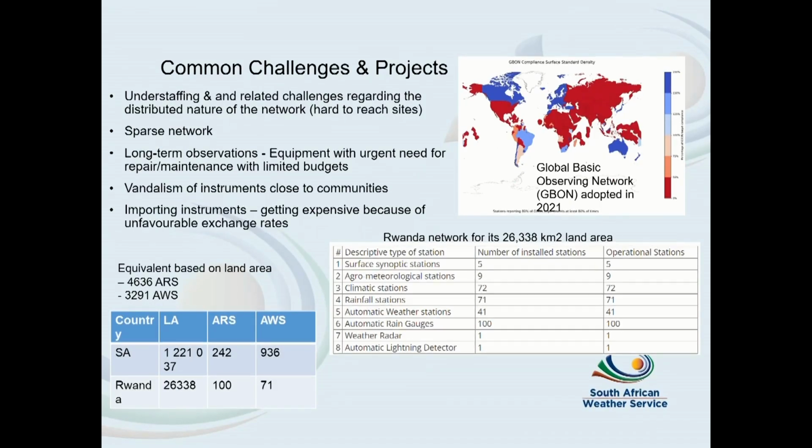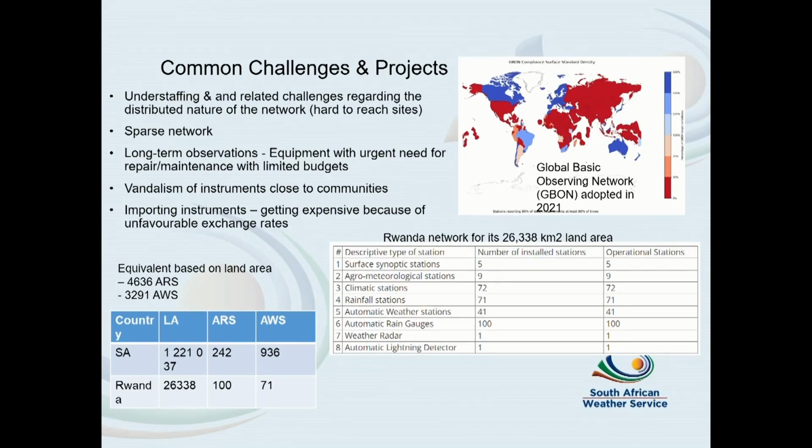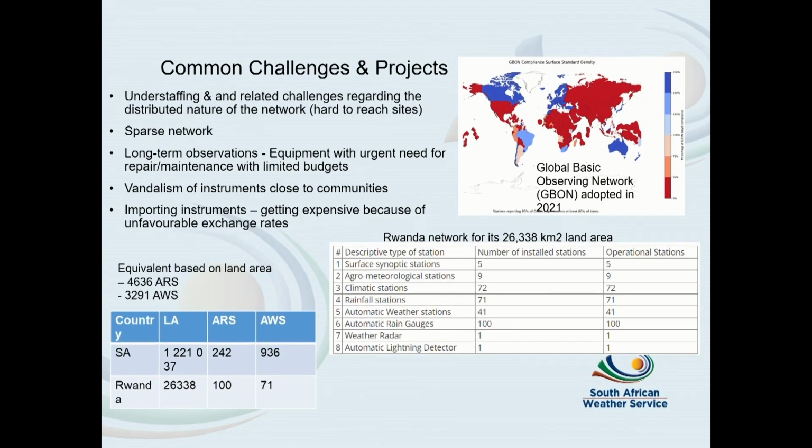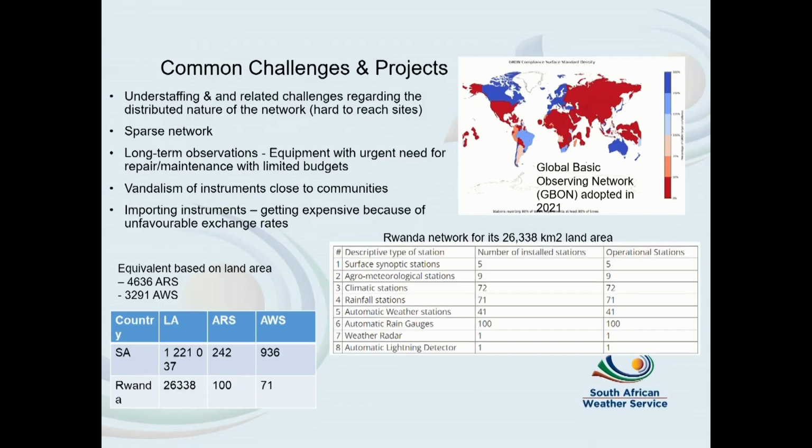So we do have challenges with our network. Some of them are due to understaffing. We don't have a lot of people. As I've said earlier, when it comes to manual stations, we relied upon volunteers, and we're losing these volunteers as they're aging and some are passing on. And the younger generation don't really want to do things for free. The staff that we have is quite limited, but we have a huge challenge on our shoulders to make sure that we do provide climate services in the country.